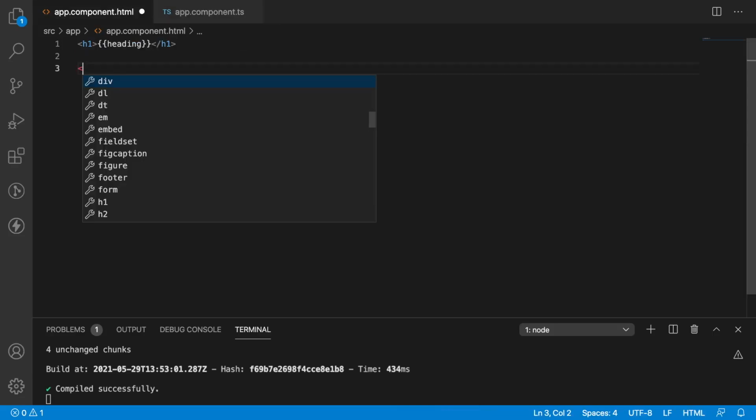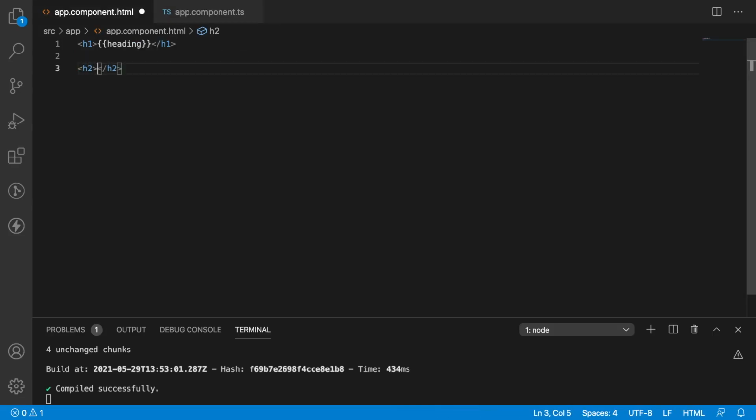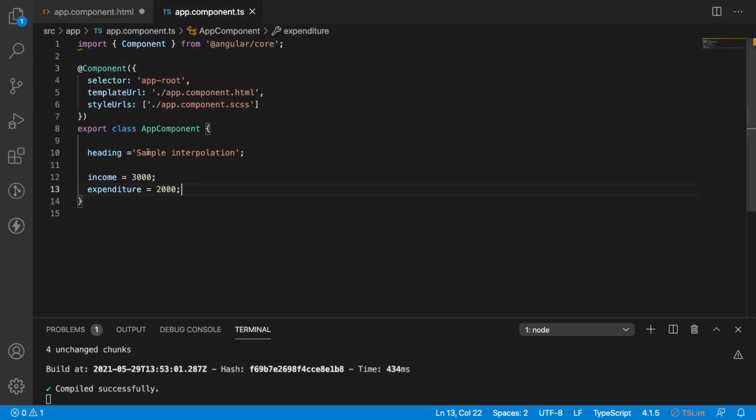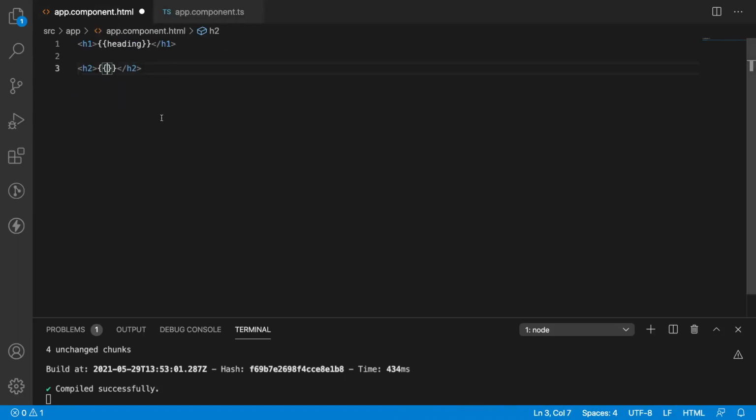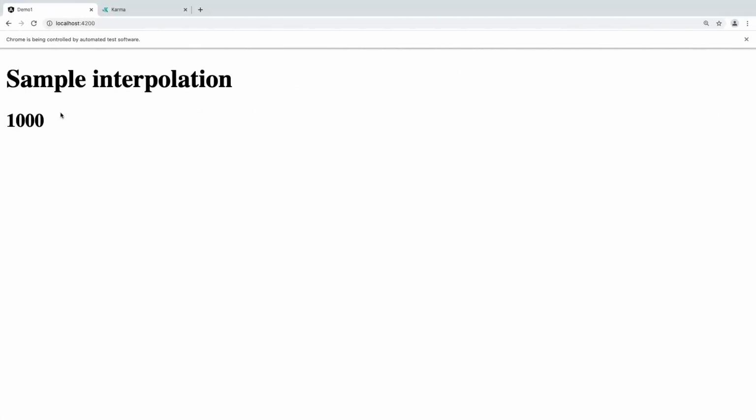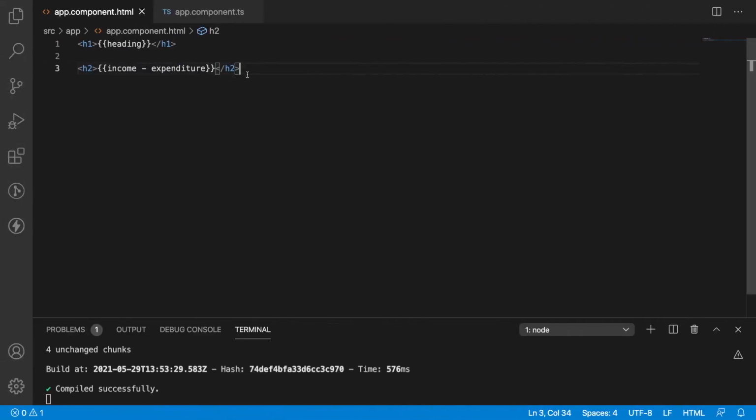Let me go back and create an h2, and inside h2 I am writing an interpolation with an arithmetic operation of income minus expenditure. So save it. Let me go back to my browser, and here if you see, the difference between them is 1000. So arithmetic operators have worked for interpolation.